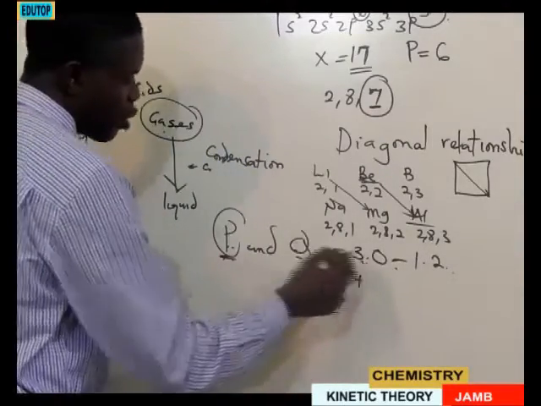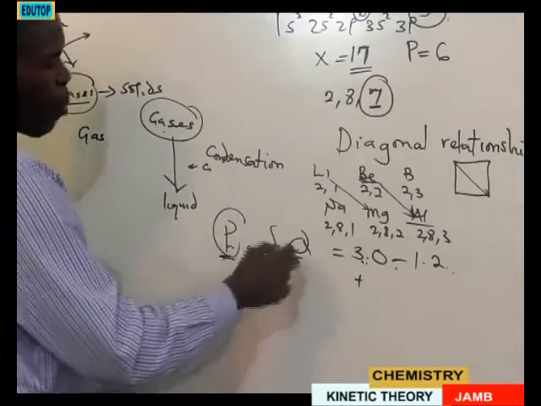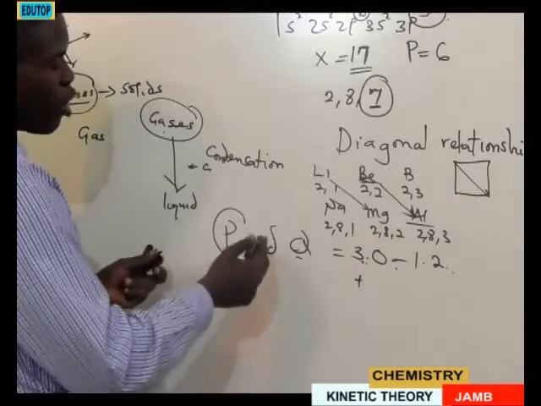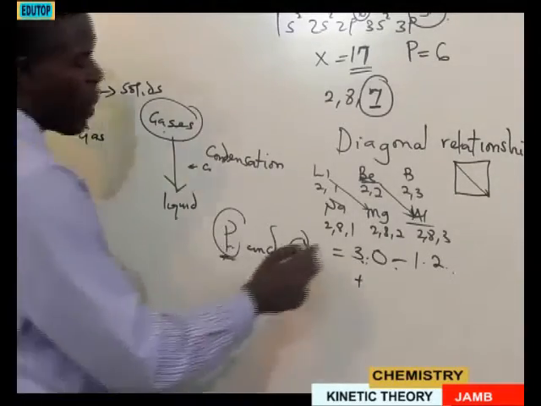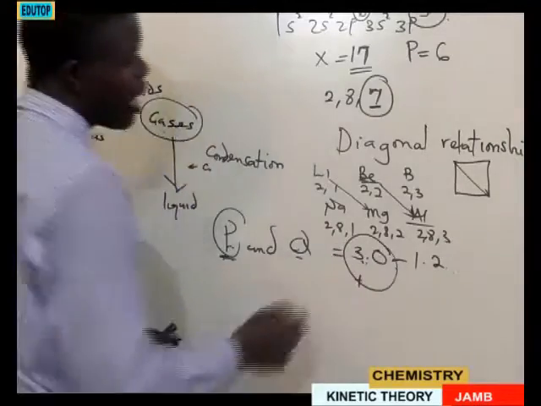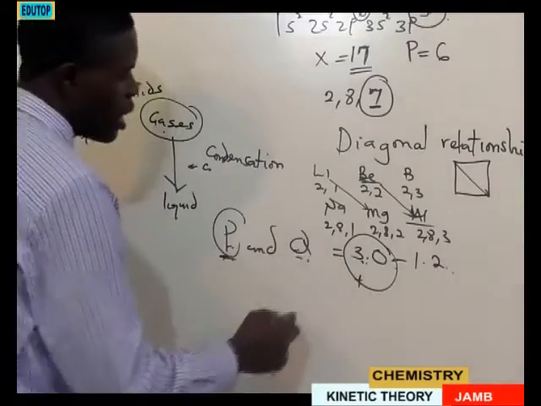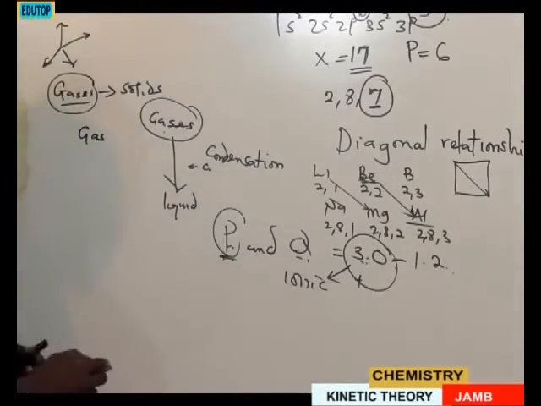When you have a high electronegativity value, it means the two species are polar. What it means is that the dipole moment between them is very high. So definitely they will be separated into positively charged and negatively charged. So in a case where you have a high electronegativity difference between two species this way, it will definitely be ionic or electrovalent. Take note of that.